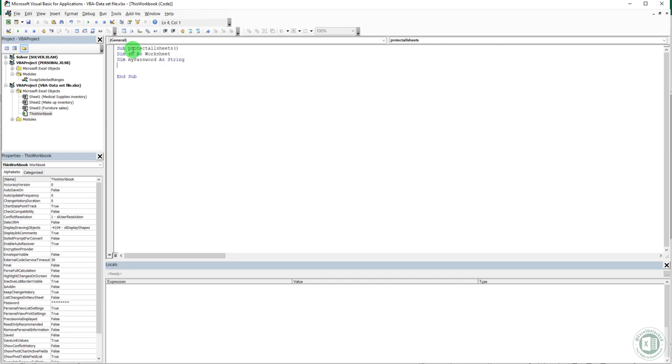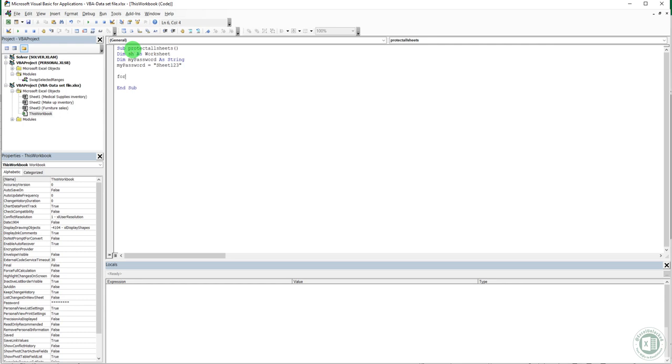And declare it as string so it could contain letters and numbers. And now I'm gonna define what my password is. I'm gonna name it sheet123.